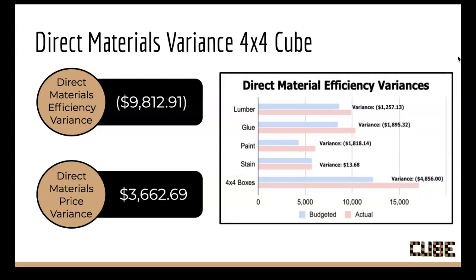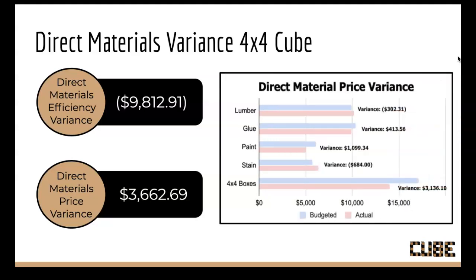$757.44. And for a 4x4 cube, the direct materials efficiency variance was $9,812.91, which was an unfavorable variance. And this was mainly due to our 4x4 boxes having an unfavorable variance of $4,856. Glue had the second largest unfavorable variance of $1,895.32. Our direct materials price variance was